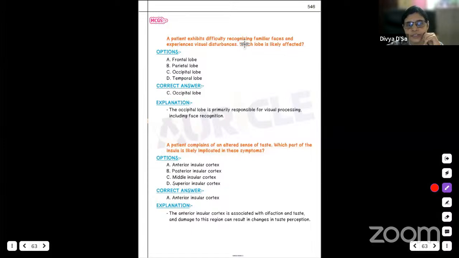A patient exhibits difficulty recognizing familiar faces and experiences visual disturbance. Which lobe is affected? Occipital, frontal, parietal, or temporal? The occipital lobe. Okay. A patient complains of altered sense of taste. Which part of the insula is likely implicated in these symptoms? Anterior insular cortex, posterior, middle, or superior. Here the anterior is affected because it is associated with olfaction and taste,